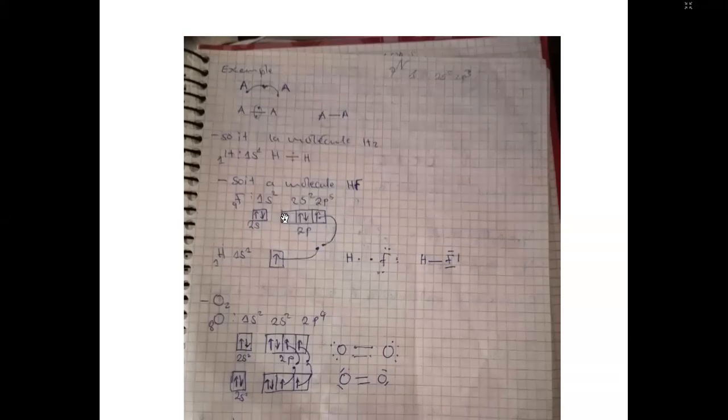Then here, there was supposed to be one down, then down, and there are 2 here. There's one down, one up, down, then you see this fifth one, which is alone. This one which is alone is the one which takes part in sharing, in such a way that it will